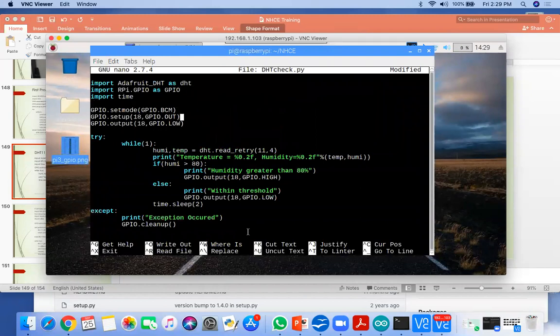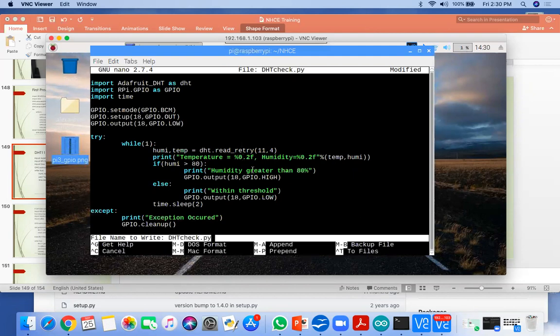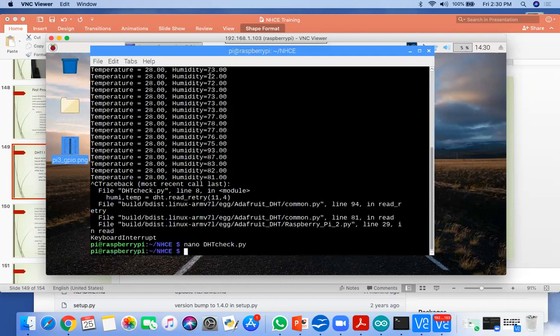So in this program we have modified the program, in which I have interfaced one more LED, and the DHT11. Both are interfaced. When the humidity is greater than 80, then the LED is on, otherwise the LED remains low. Okay, so very simple programming. Control X, Y and enter. Now before checking this